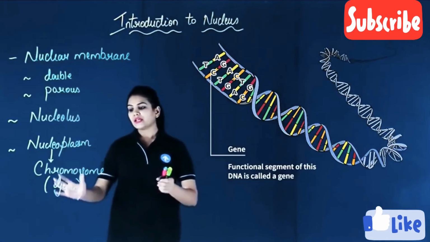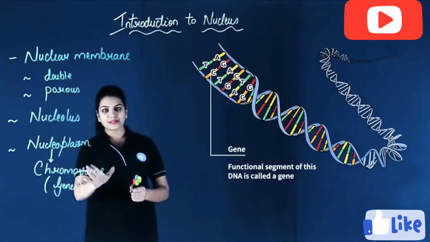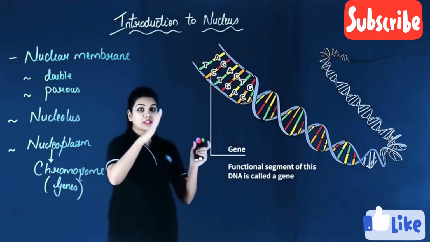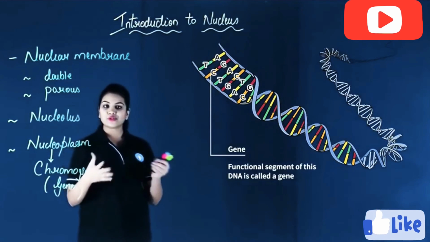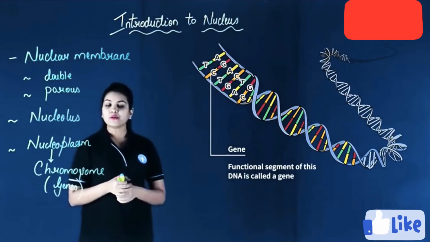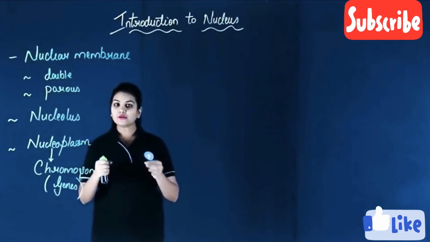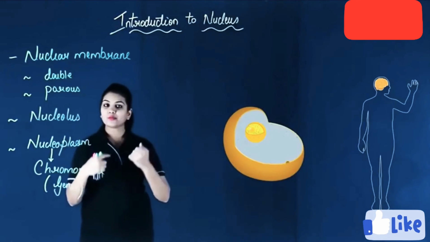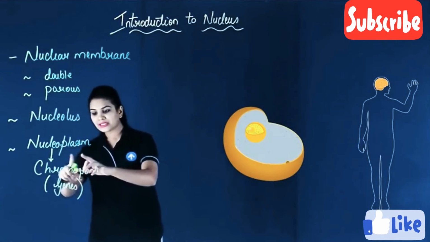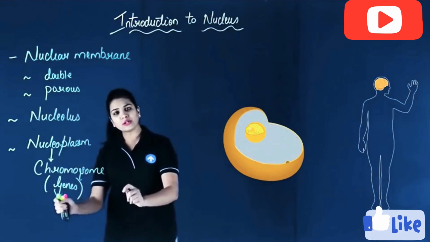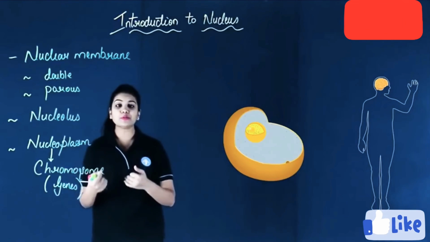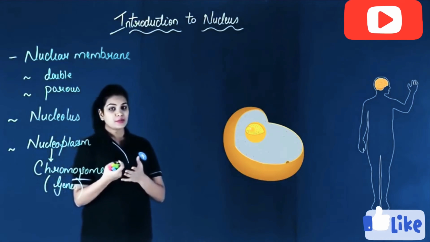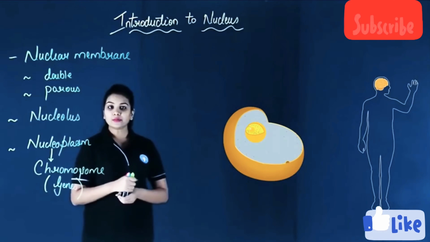Alright, so let's repeat that inside the nucleoplasm there are thread-like structures which you call chromosomes. You can see that when you zoom into the chromosome, you will see that they are made up of genes. These genes are the unit of heredity. Now do you understand why we compare the nucleus of a cell with the brain in our body? Because this nucleus contains these chromosomes. It has all the information which a cell should perform. It controls the activity of the cell, similar to the brain that controls the activity of our body.